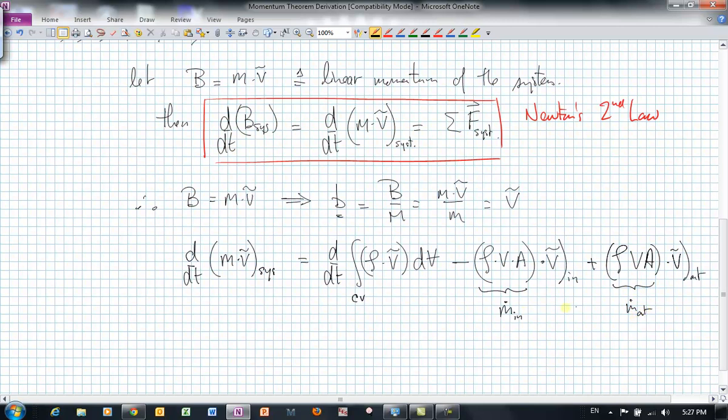They're not necessarily the same in this case, because we could have accumulation in the control volume. In other words, they are the same only if the flow is steady, and in the conservation of mass equation, the unsteady term is equal to 0. But that's not necessarily the case in general, so we have to track them separately. Okay, so that's what the system is equal to. The rate of change of momentum of the system is equal to, in terms of the control volume,